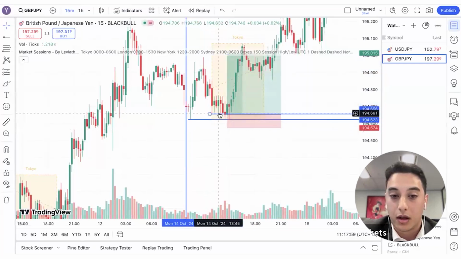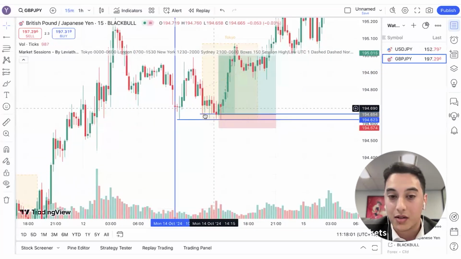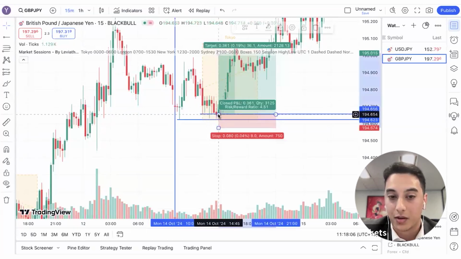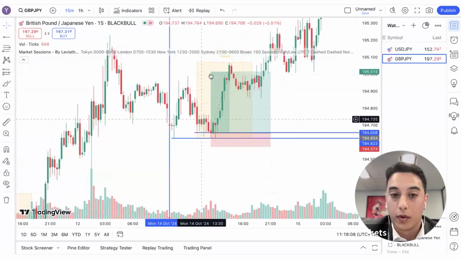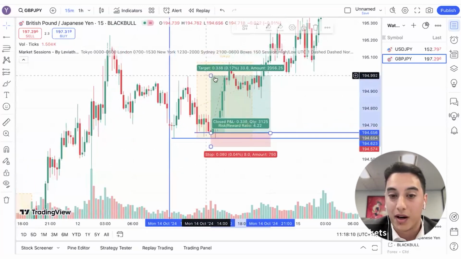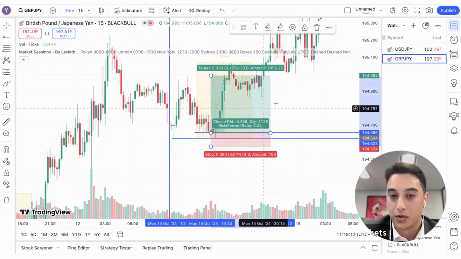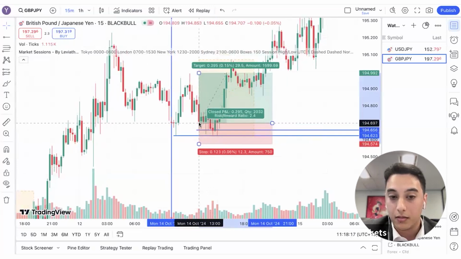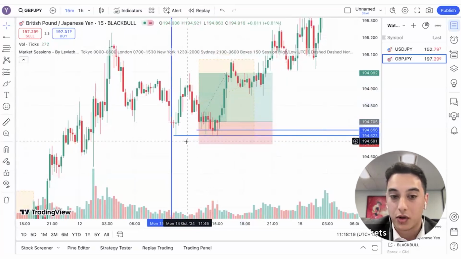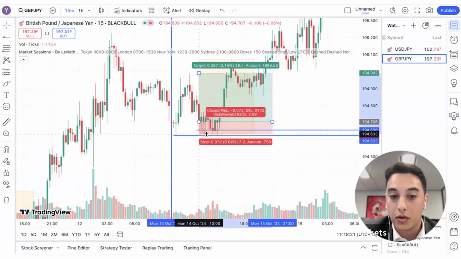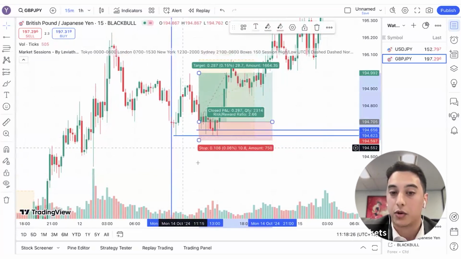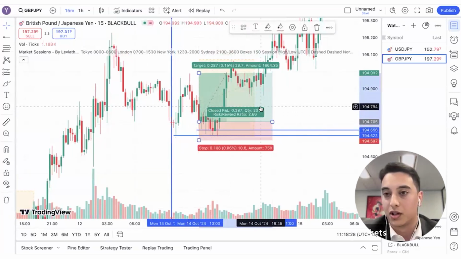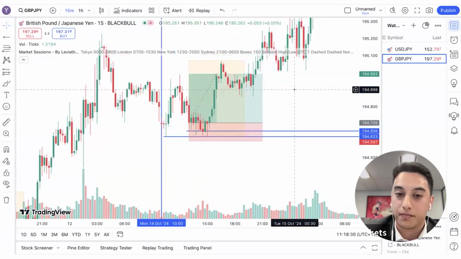Let's say you get in right at the bottom of this wick where we printed a 15-minute candle here. If you target the highs of the pre-market, you have a 4.2 risk reward. If you press the buy button straight away, with your stop loss just under the wick, you get stopped out. If you had it under the wick of the pre-market, you'd be safe. You're still near 2.6 risk reward.